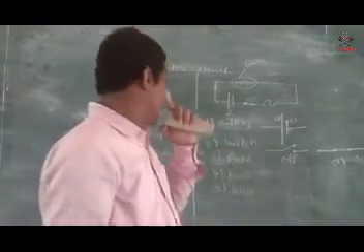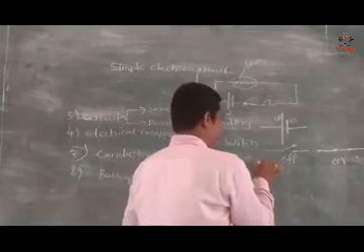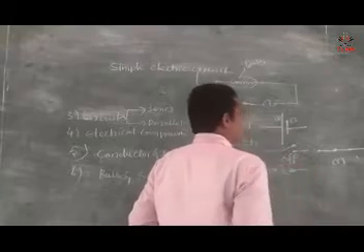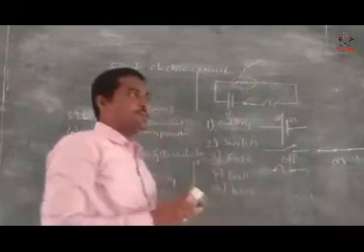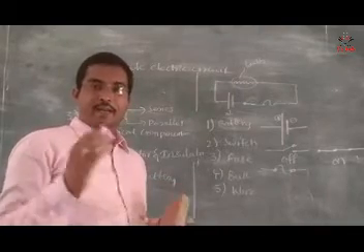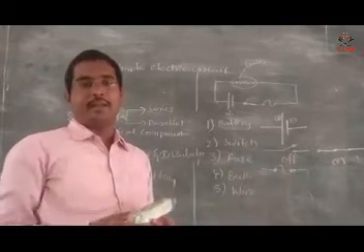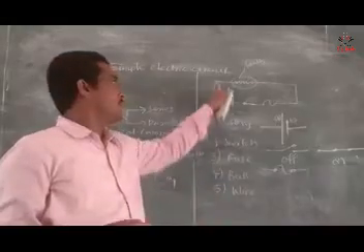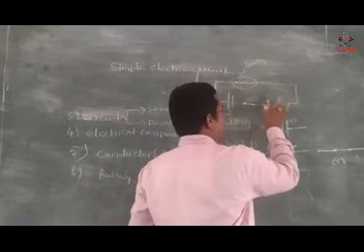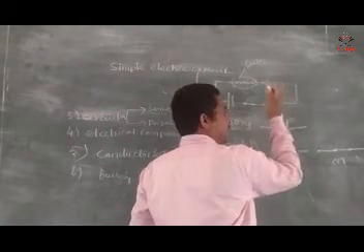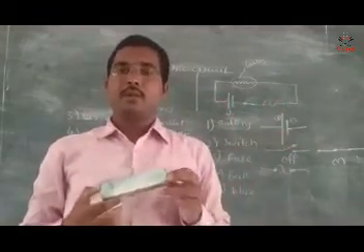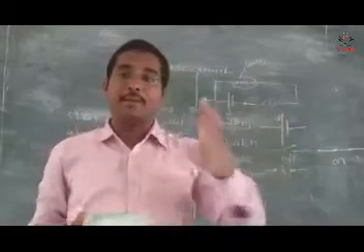Okay. Next, fuse. So this is the symbol of fuse. Suppose this is a circuit. The current is flowing heavily, more than the required current. So an excess amount of current is flowing through the circuit. What will happen now? Simple. This fuse will melt and break the circuit. So you can say that fuse is a safety device.